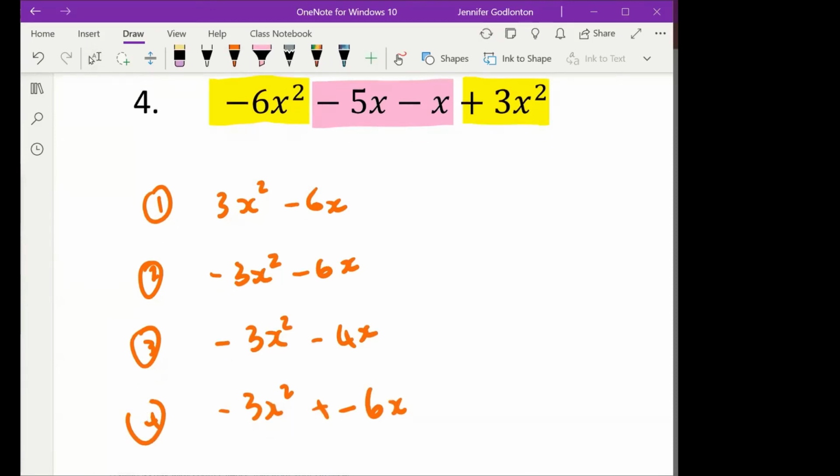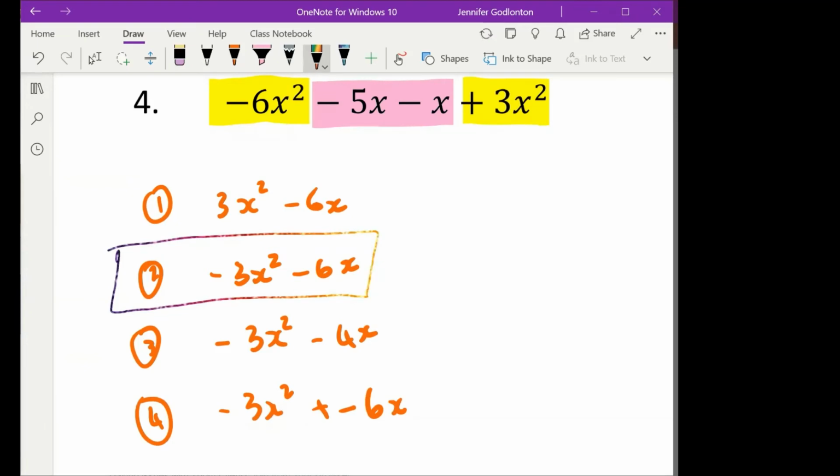So I can say that one of these answers is absolutely correct. And the answer that is absolutely correct, so if it was you, you can give yourself a big pat on the back, the answer that is 100% right is number 2, negative 3x squared minus 6x. But let's talk about why the other ones aren't correct, because they all have got a very common mistake that's happened in them. In the first answer where we have 3x squared minus 6x, what happened there was we aren't